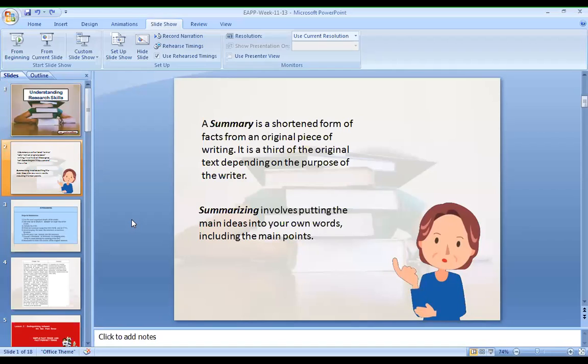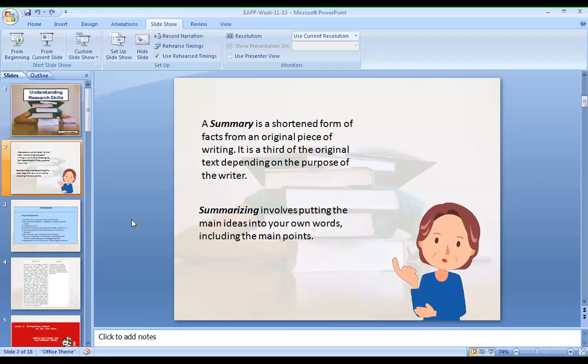Let us define a summary. A summary is a shortened form of facts from an original piece of writing. It is a third of the original text, depending on the purpose of the writer. When you say a third of the original, you usually use your own words in a summary.